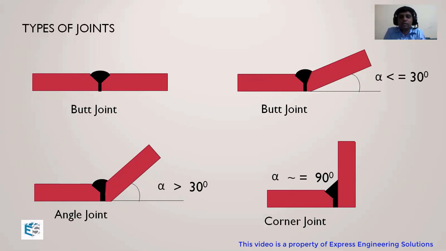So henceforth, if somebody asks you, between two abutting plates or two intersecting plates, the angle is 25 degree and you are saying it is a butt joint and the person is arguing with you that no, it is an angle joint, then you can simply open the code, go to the definition and read it. After this, there won't be any confusion. So having the knowledge will always give us an upper hand.